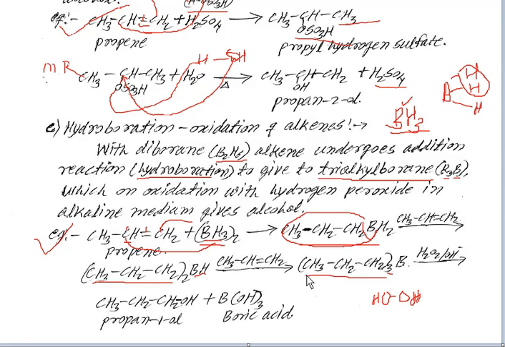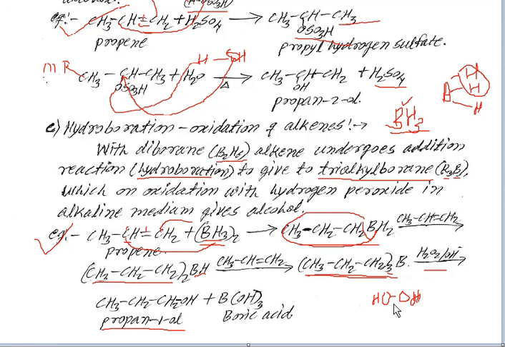When that tripropylborane on oxidation with H2O2 or hydrogen peroxide, in the presence of hydrogen peroxide, we get the final product, that is an alcohol, that is propan-1-ol. When the H2O2 reacts with that tripropylborane,